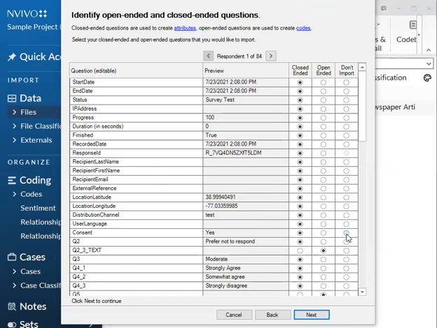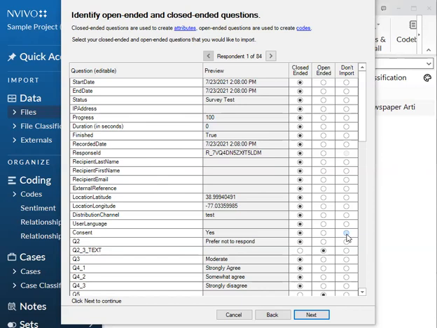And again, open-ended responses will be used to create codes, and this will allow you to view them together as a group for further coding, while closed-ended responses, such as multiple choice or numerical data where they type in their age or any other demographics, all of the data selected as closed-ended responses will be used to create case attributes. And that'll allow you to filter respondents and run specific queries based on the attribute respondents have selected. So, for example, we could filter respondents by their reported gender or compare their survey results.